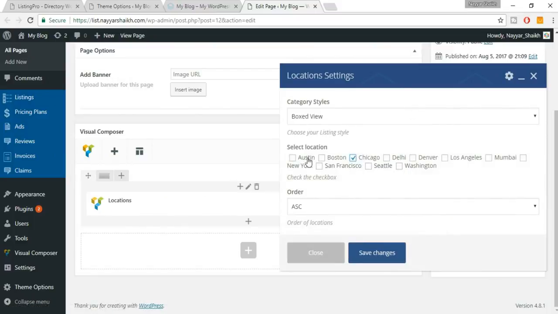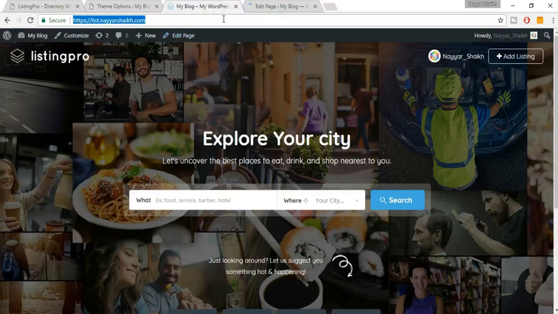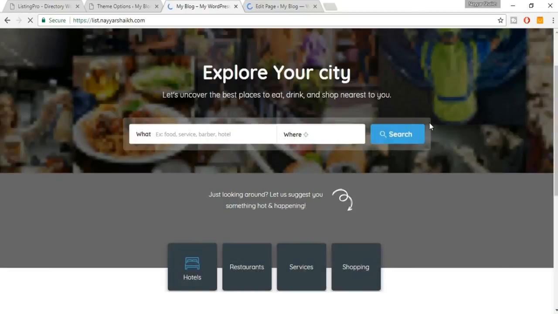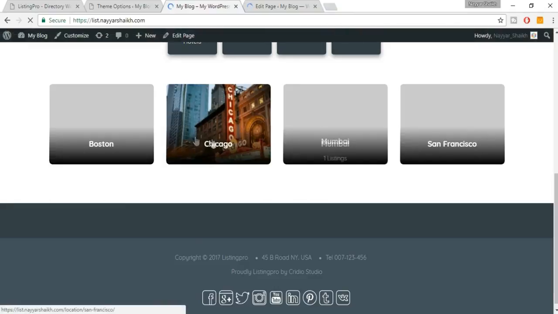Okay, so let's select 4 locations, any 4. Click on save changes, click on update. Okay, now come over here, refresh the website, and let's see how the website looks like now. Okay, as you can see, we have 4 different regions over here,